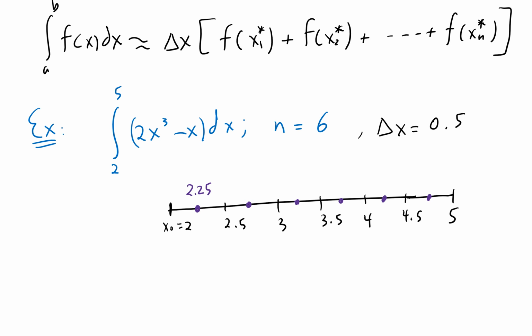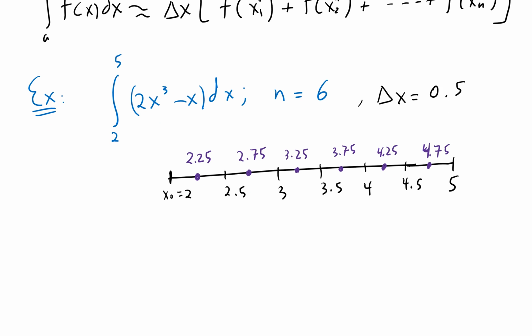You do the same thing for the next one. That's 2.75. 3.25. 3.75. 4.25. 4.75. So then that integral we're trying to find